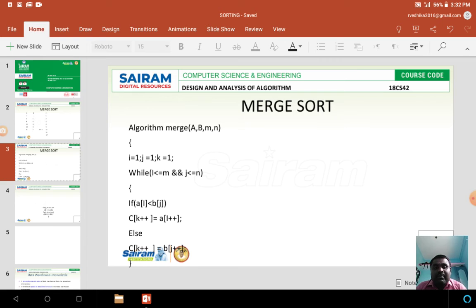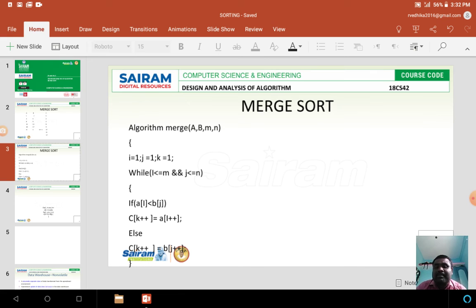I compare with i and j, then increment i plus plus or j plus plus. Whichever value is less is placed in C array. That is what I have written: C of k plus plus equal to A of i plus plus. If it is not, then C of k plus plus is equal to B of j plus plus.